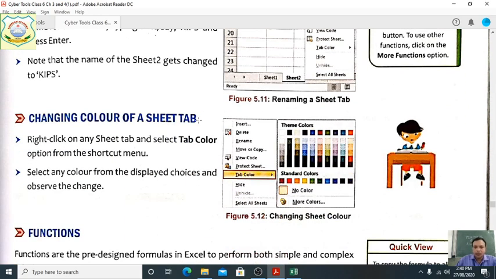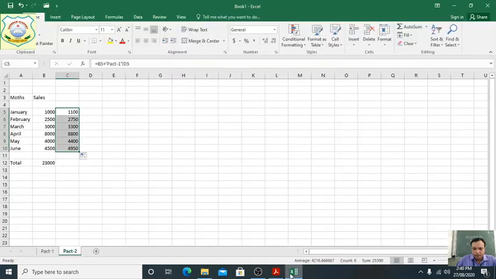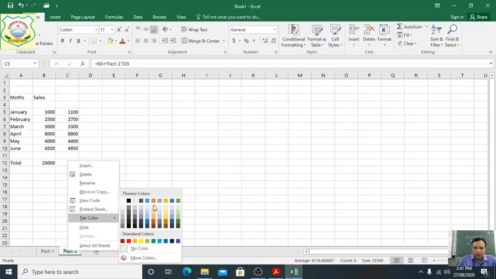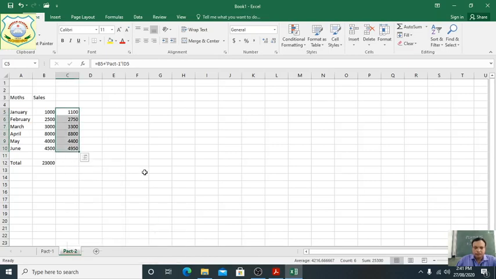Changing the color of the sheet tab. How can we change the color of the sheet tab? You can see here. If you right click, tab color, you can change to anything here. Suppose this color. This way we can change it. This is the tab change.